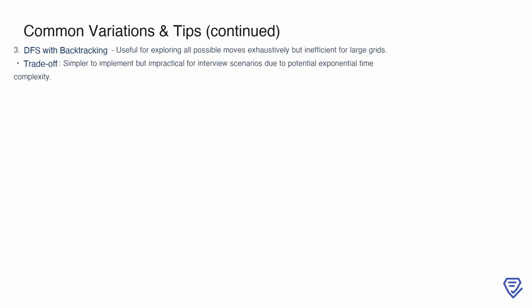Finally, another alternative approach is using DFS with backtracking. This method is useful when you need to explore all possible moves exhaustively. However, it's important to note that DFS with backtracking is generally inefficient for large grids due to its potential exponential time complexity. While it may be simpler to implement, it's not typically practical in interview scenarios because of its lack of scalability. For this reason, it's best suited for smaller scale problems or as a way to validate solutions in a controlled